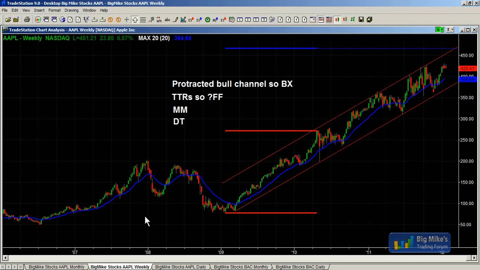Weekly chart, the bull channel that's been going up forever. But look at the nature of this trading range. Very prominent bear bars starting to get some tails. So the two-sided trading is increasing here. So to me, this could end up being a double top, and we could test the 350 level at a minimum, maybe the 300 level.